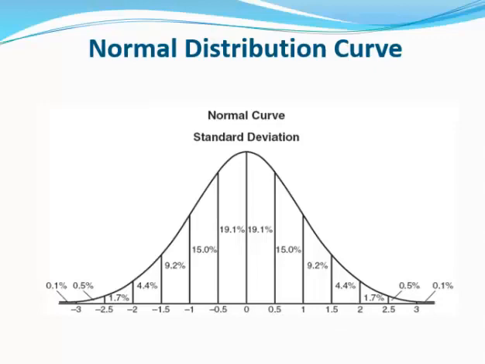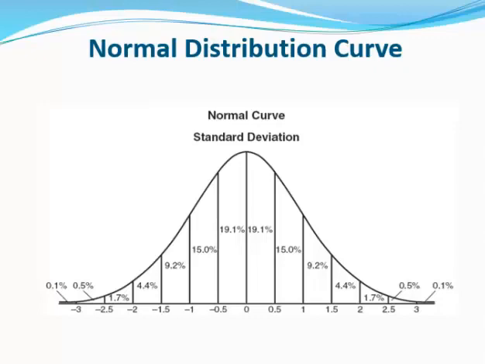Remember how we figured out the standard deviation, how you figure it out from any data set, from any population? You just square them all, add them together, divide by n-1, and take the square root of the whole thing? Well, what the normal distribution curve says is that if you figure out the standard deviation of a series of results, say you have 1,000 results of an exam, 1,000 scores in a basketball game, whatever, if you look at the mean and you figure out the standard deviation of all of them,